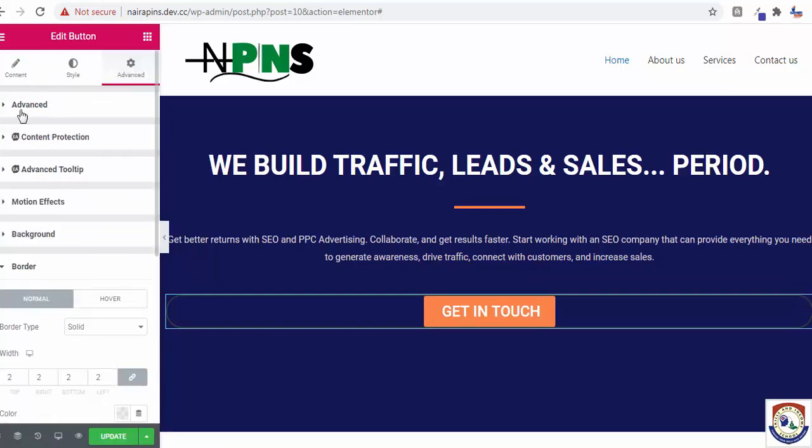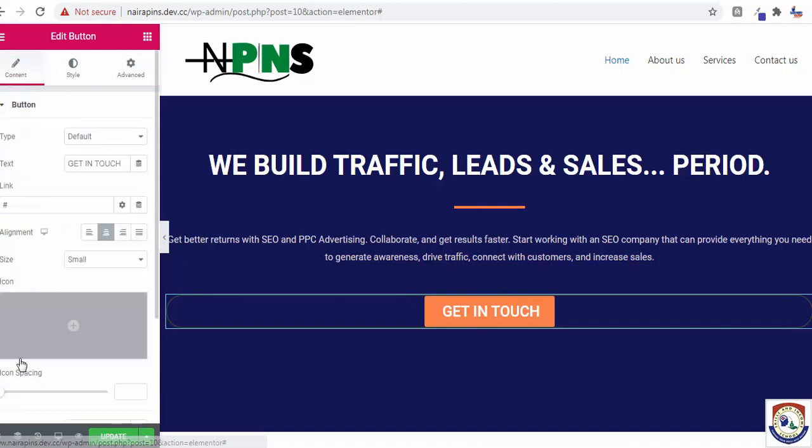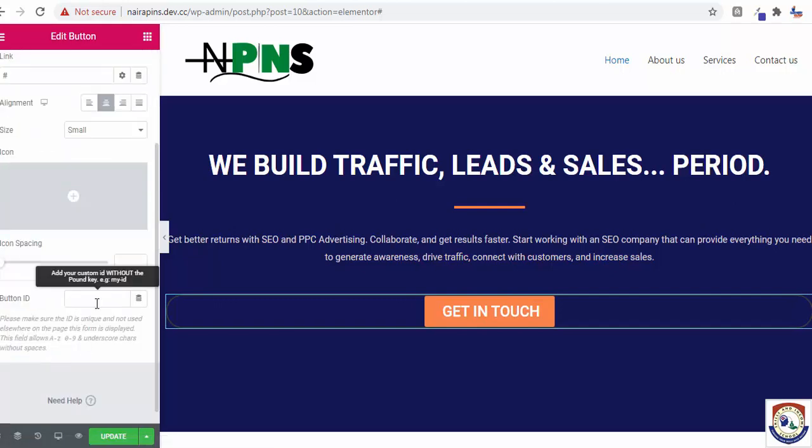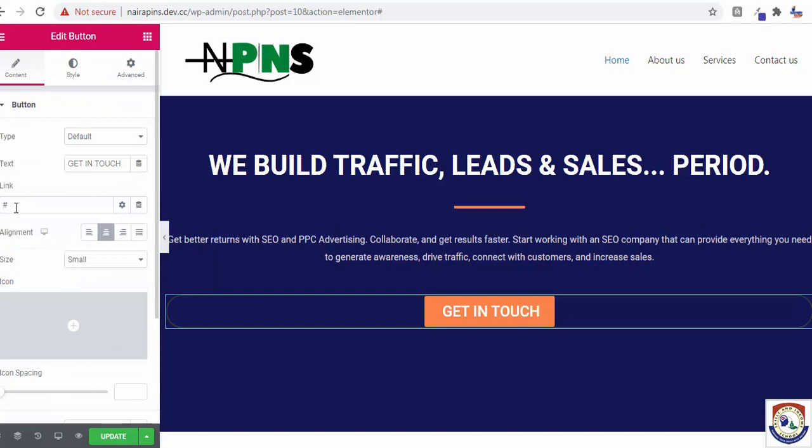Okay, you go to the content, and this is the link section. Okay, you just cancel it because we have created the contact us page. You just type contact. It will pop up the contact page, so it will link automatically. Can you see? So it means you are linking this to the contact us page. You don't need to be typing. So this thing has been linked straight to the contact page. Click on update.